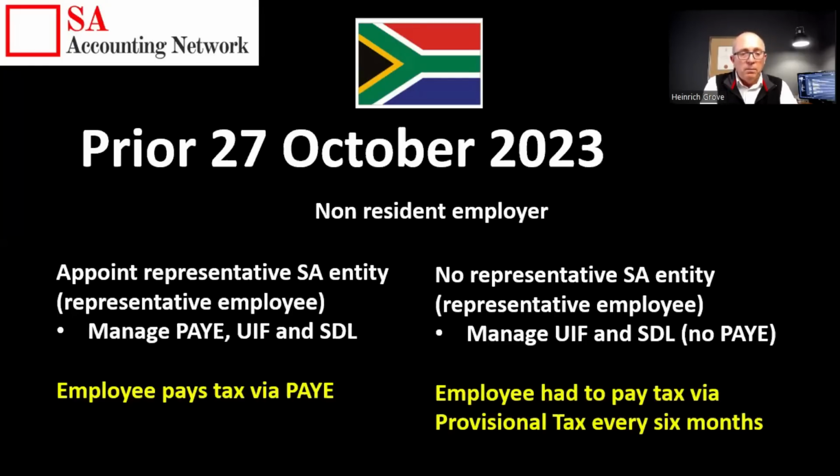So that managed the pay-as-you-earn, which is the tax system in South Africa, UIF, which is the Department of Labour, so that's almost like social security type of things, and the other one is the Skills Development Levy. It's a levy that's charged in South Africa, obviously to increase the skill level of employees in South Africa. So if you fall inside that category, then the way that they used to do it is that the employee